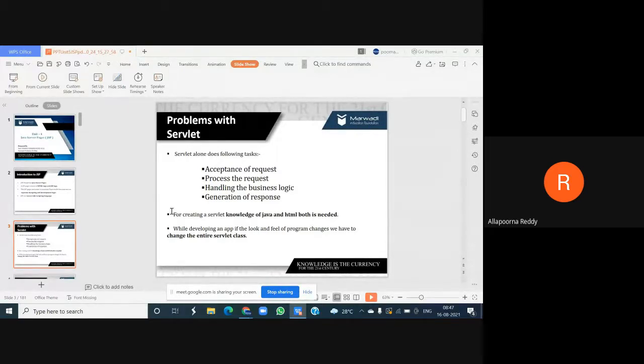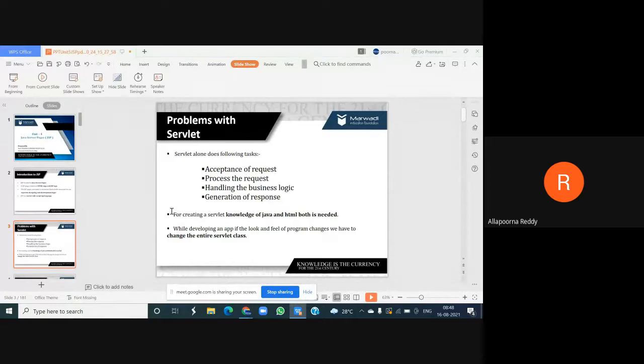Hope everyone remembers. The web client makes a request, and that request should be accepted by your web server. Then the process takes place: it verifies what request is coming and which suitable servlet I need to use. Then I need to design some logic for it, and that has to be handled.